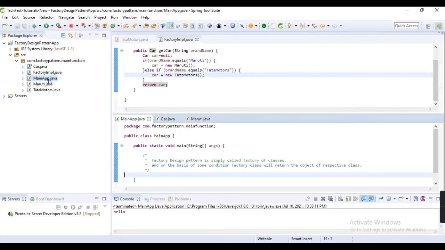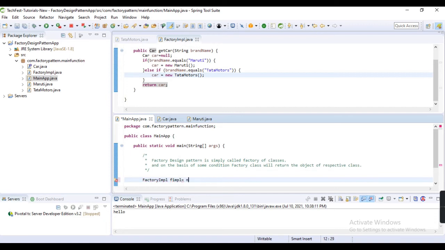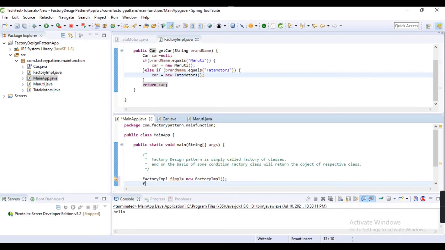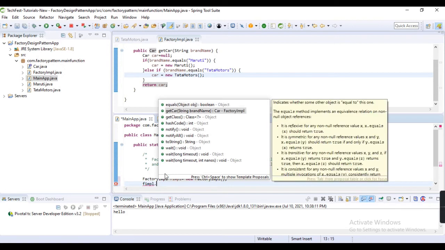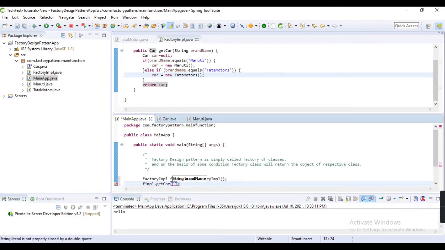Now I am going to open my main method class, and here I am creating a FactoryImpl class object and calling the getCar method, passing the parameter Maruti.